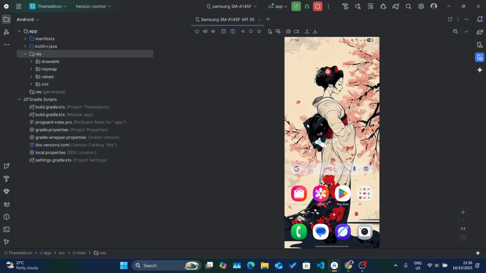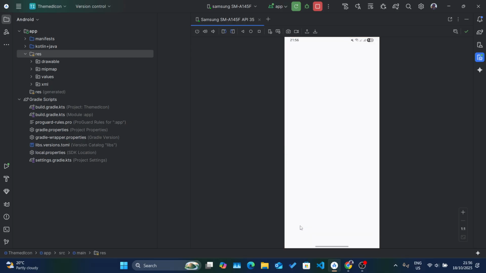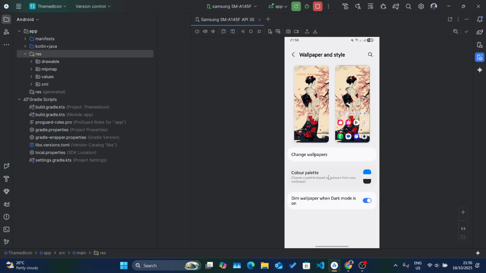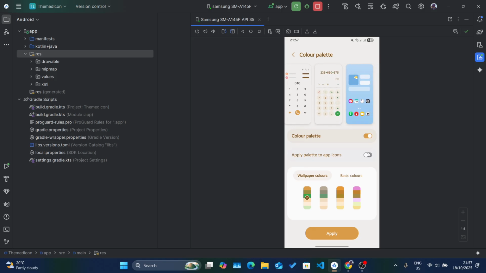So first of all, I'll activate themed icons in the system. Long press the home screen, then click wallpaper and style. You'll have to click color palette, activate color palette, then apply palette to app icons. So when I toggle that switch, you can see our icons in the preview are themed. So I'll click apply,